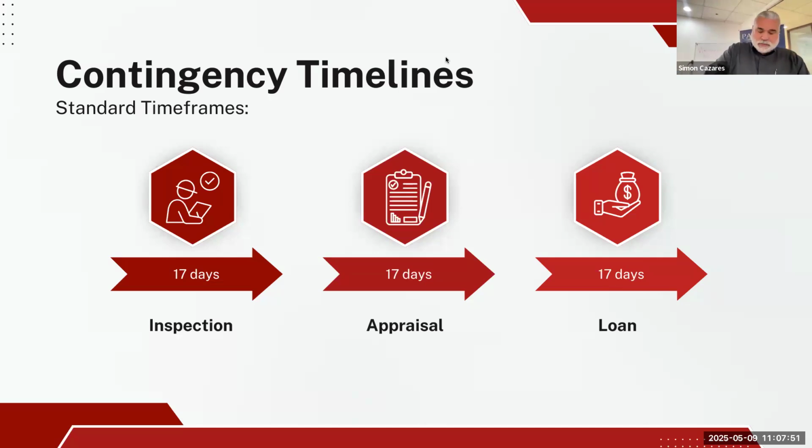And if you don't, then what do you need to do? You need to do an extension of time addendum, right? Otherwise, what happens if you don't release a contingency? The seller has the right to send you a notice to perform. Okay, and that notice to perform is what? 2 days, 48 hours. All right, I believe part of the presentation goes into that. Any questions regarding contingency timelines?